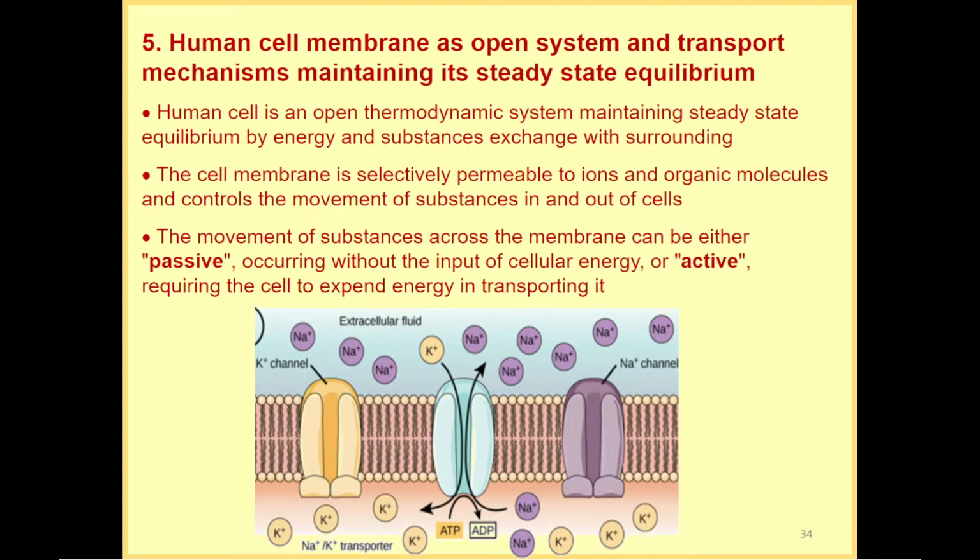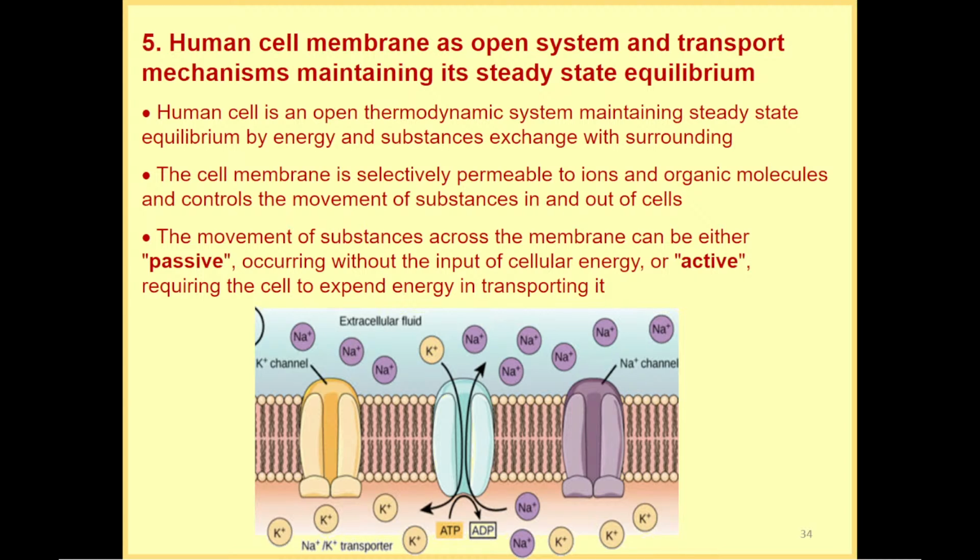The movement of substances across the membrane can be either passive, occurring without the input of cellular energy, or active, requiring the cell to expend energy in transporting the substances. Here you can see the structures that provide the motion of the substances